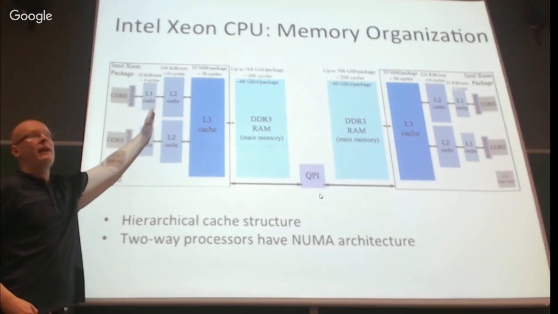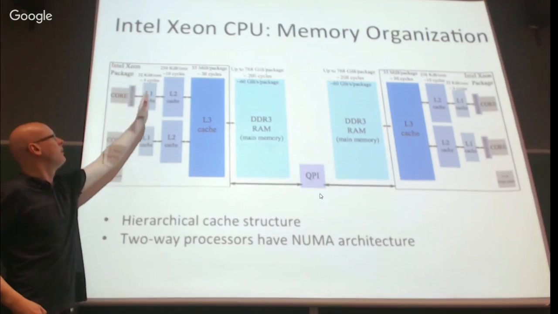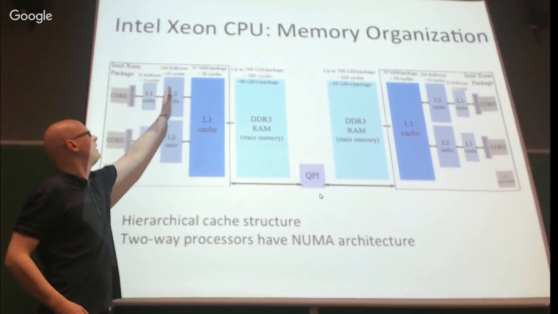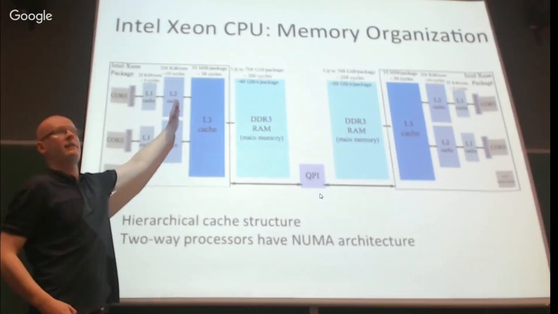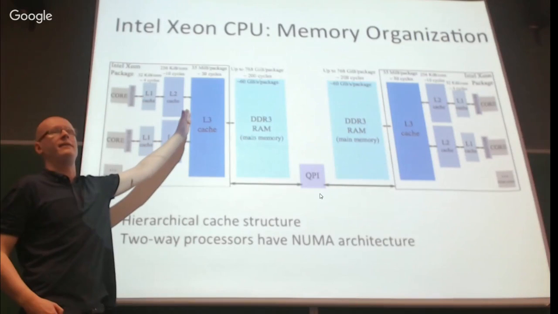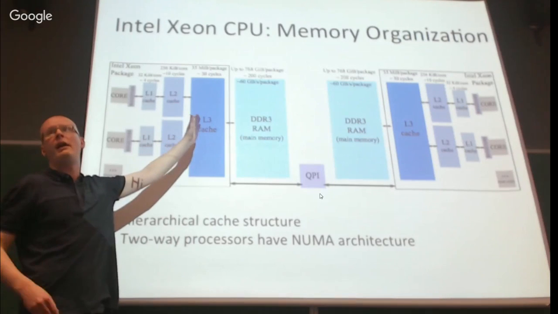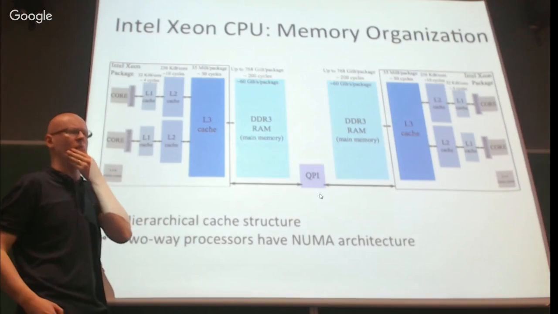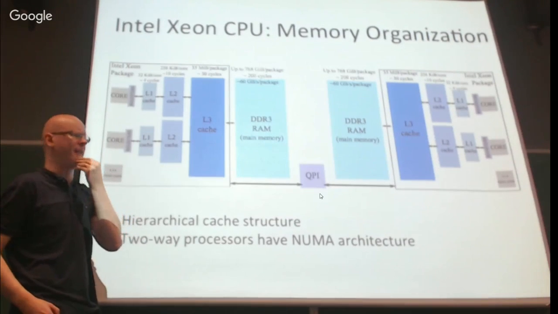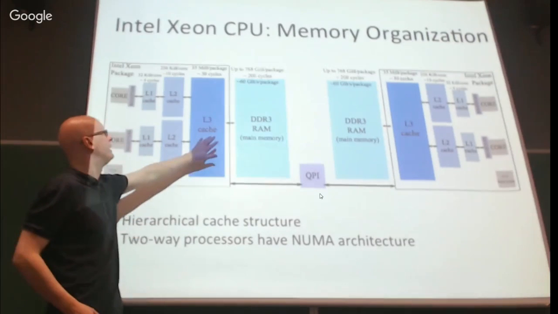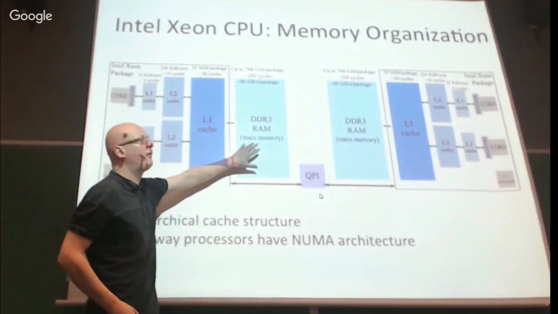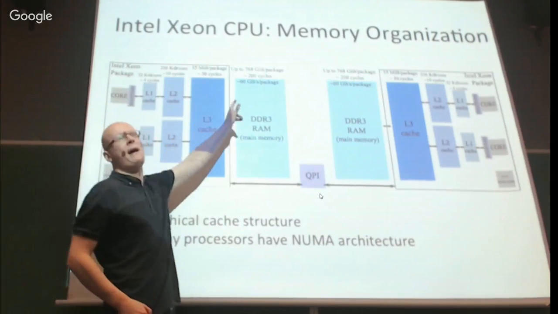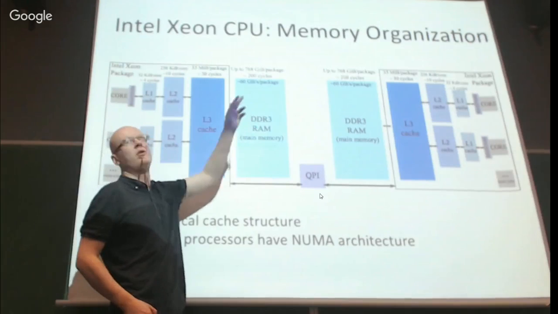L2, 10-cycle hit in terms of latency, you can fit more data into it. L3, 30-cycle hit, and you can fit more data into it again, typically 35 megabytes on high-end Xeon processors as represented by an E5 processor. Okay, so the Ivy Bridges that we're going to access later on today, I think have 30 megabytes of L3 cache. And then you go out to DDR3 if you have that cache miss. And there you can see you're really paying a penalty in terms of latency. You're up to 200 cycles, so